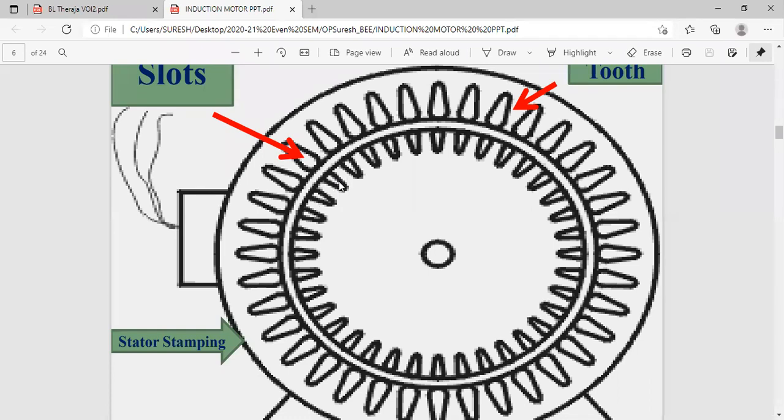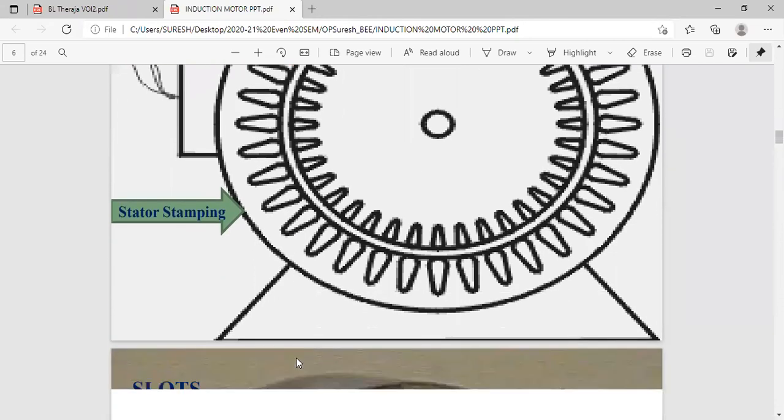When it is rotating, there may be chances of locking in between the stator and rotor teeth. If a rotor tooth comes in between, there will be locking. That's why it should not lock. To reduce the locking tendency, a slight skew is given to the rotor bars. If you give a slight skew at the end points, the rotor teeth will not lock with the stator teeth. Okay.